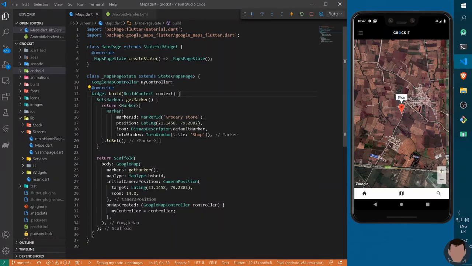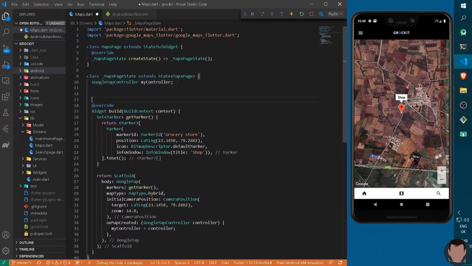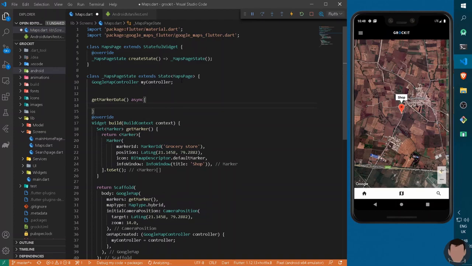Now this was Google Maps, and it is more important to load all the markers from the Firestore, as we are studying everything about Cloud Firestore. So we can do one thing, that is initiate all the markers and their locations from our Cloud Firestore itself. To do that, we have to implement two different methods for getting the data as well as setting the markers in our Google Maps. So similarly, we can come out of the override, and I can simply initiate a new method. I will write a new method getMarkerData, and this method will be asynchronous because it will be loading all the data from the Firestore itself.